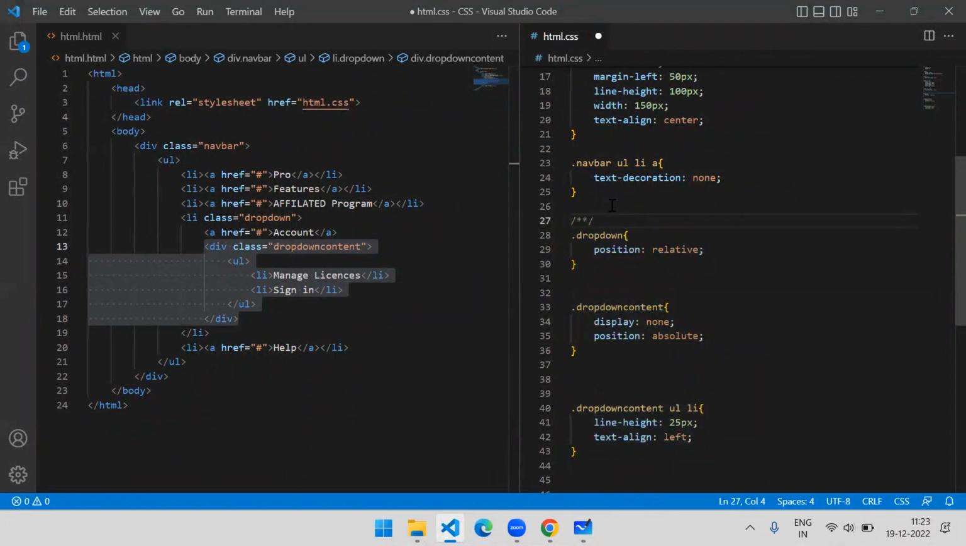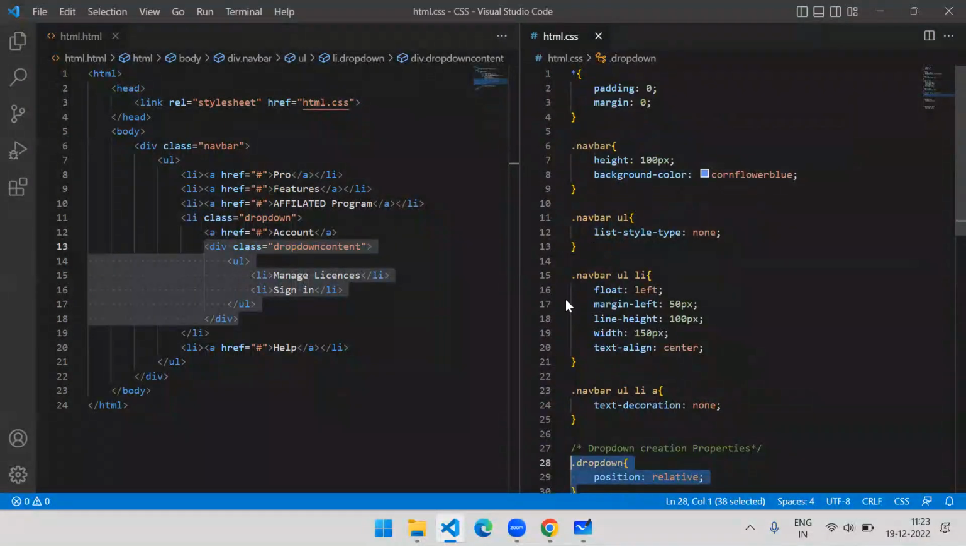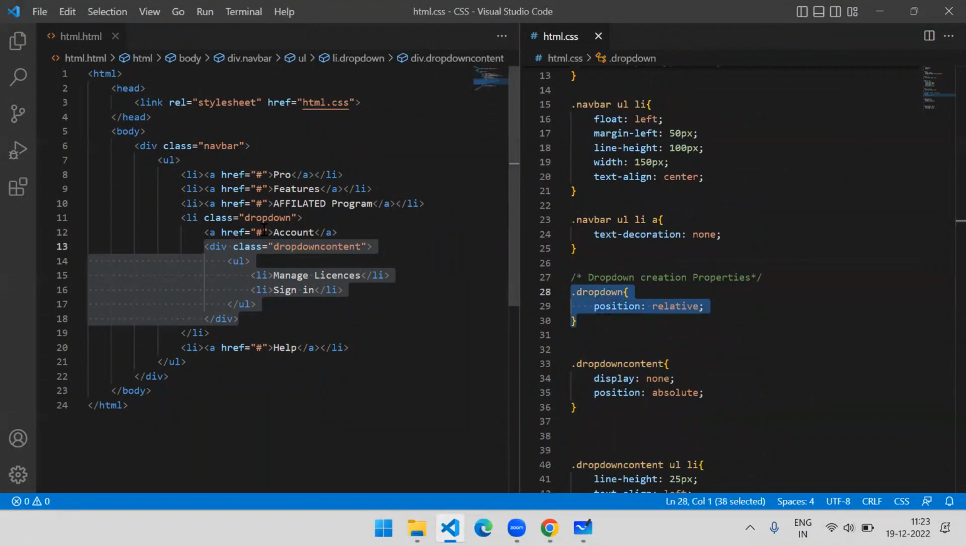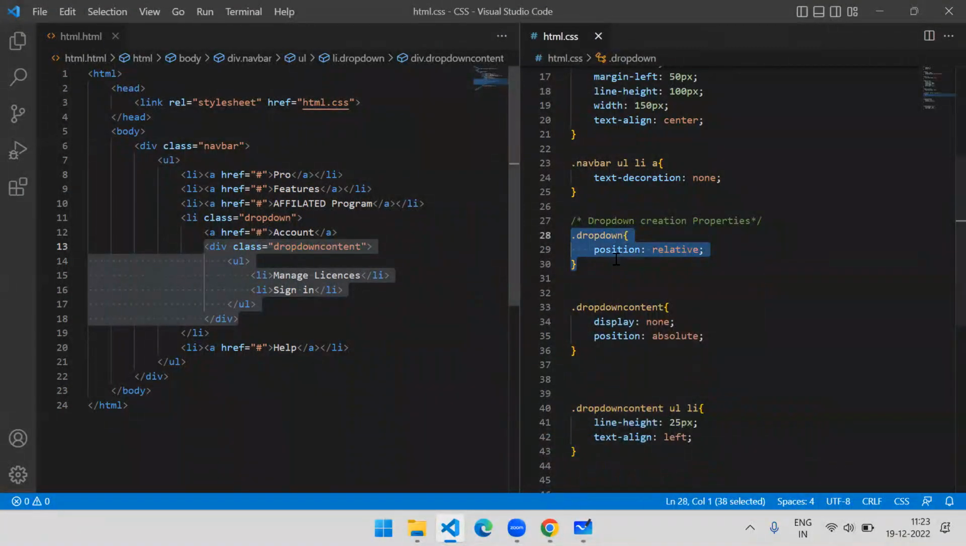Okay, I will write here drop down creation properties. First you need to declare the parent as position relative. Height and width, that is what we have already taken on the li level element, so that is fine. That will not be a problem for me. Now